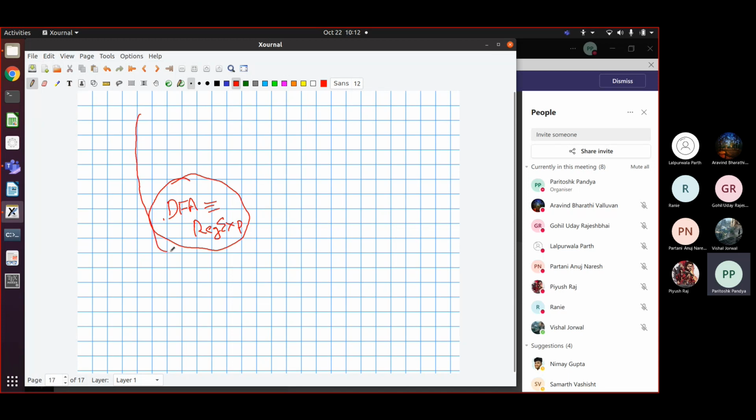Now there is a larger class of languages, where instead of regular expressions we have got CFG. So these are called regular languages, and these ones are called context free languages, right? Context free grammars is equal to PDA, or if you want to be very clear, non-deterministic push down automata. This is the more powerful kind of automaton that we have got, and a more powerful class of languages. This is what we have done so far.